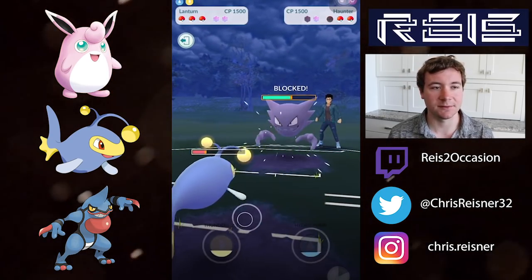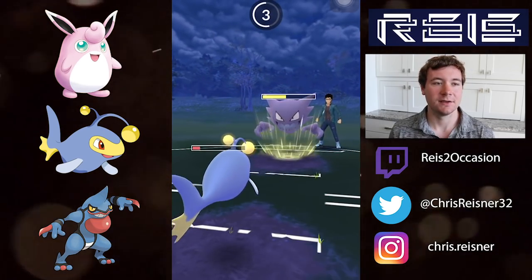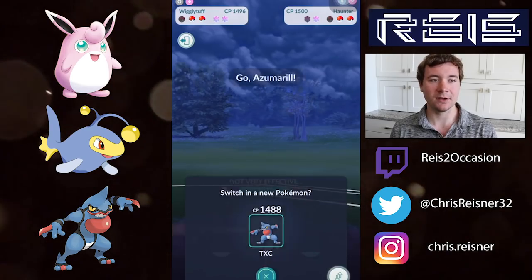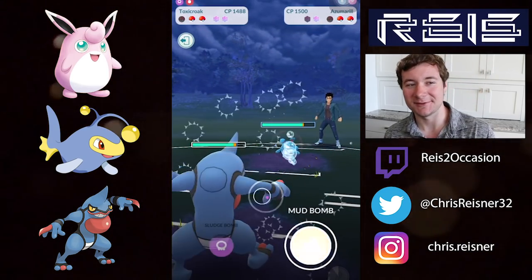You have to shield Haunter. Most charge moves are going to one-shot it. And they decide to use their energy, which is great. It would have been close. They might have actually been able to farm us down. I'm not sure. We send back in Wiggly. They switch right away into Azu. So Toxie